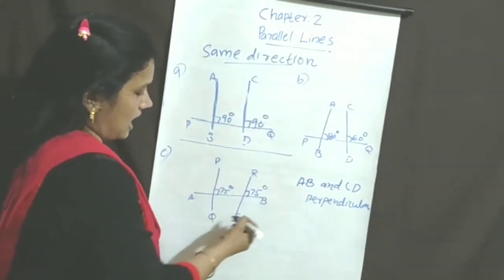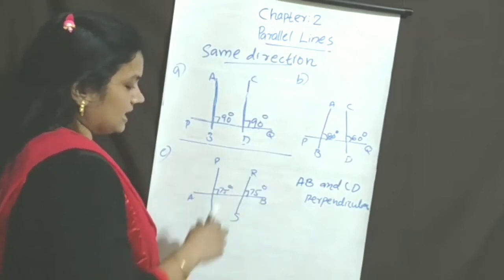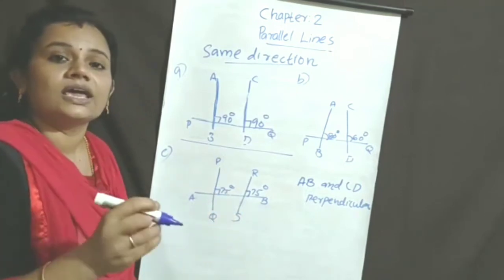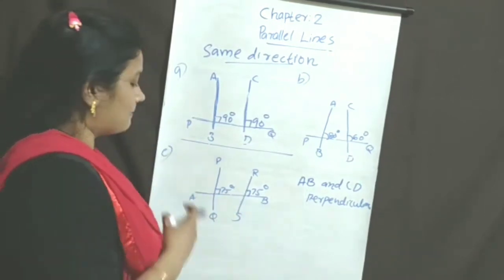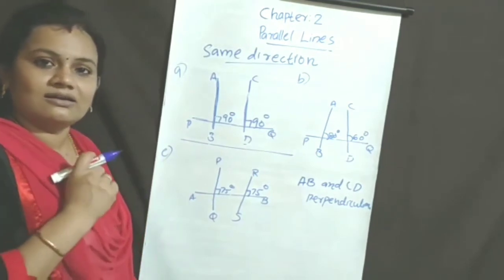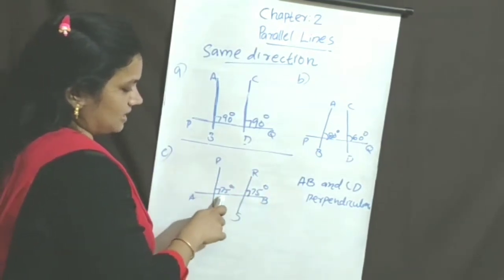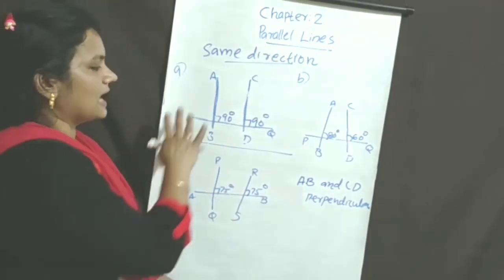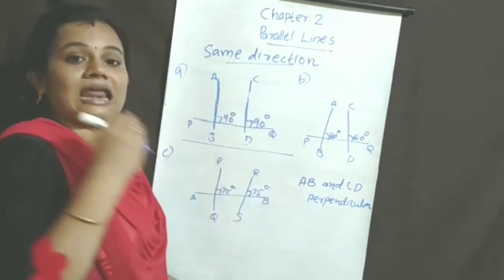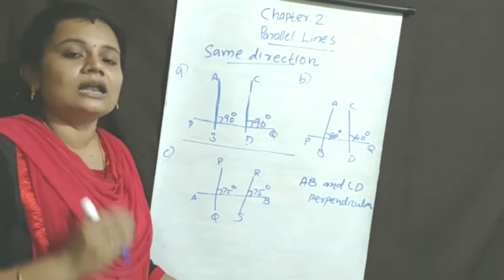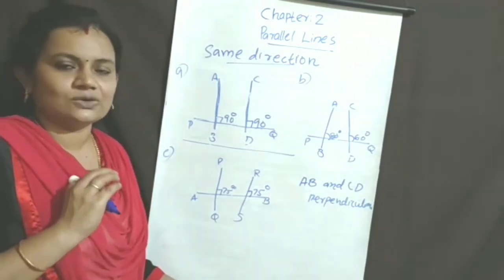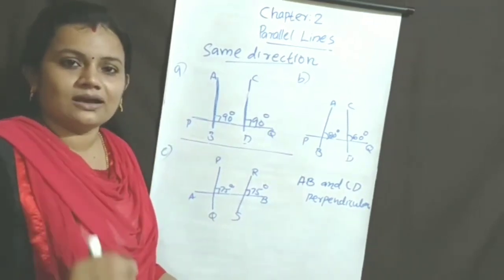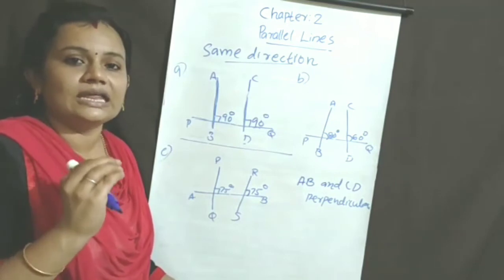Next we are discussing the next figure. PQ and RS. What are PQ and RS? They are parallel lines. They will never meet. The distance between these two lines is equal. We already discussed that parallel lines make equal angles. These parallel lines make equal angles, 75 degrees, 75 degrees. This is the direction of the parallel lines. The parallel lines make equal angles with any line. Understood? We conclude these topics. Parallel lines make equal angles with any line.